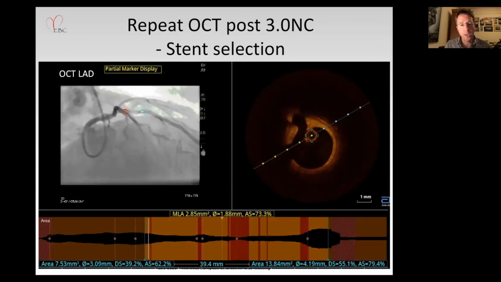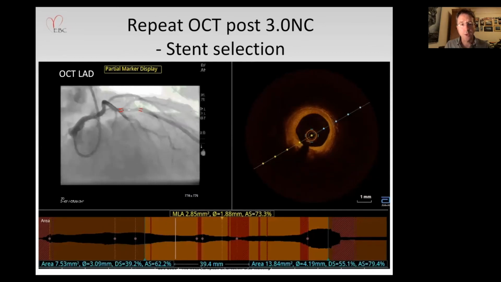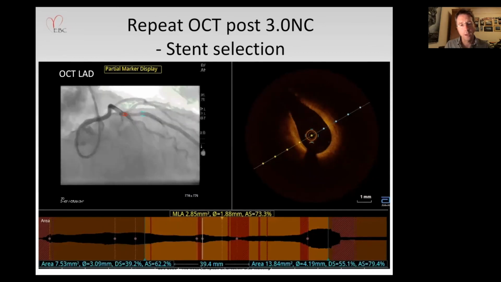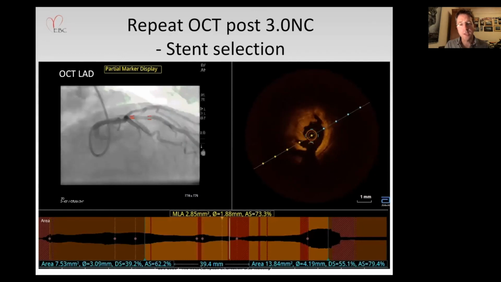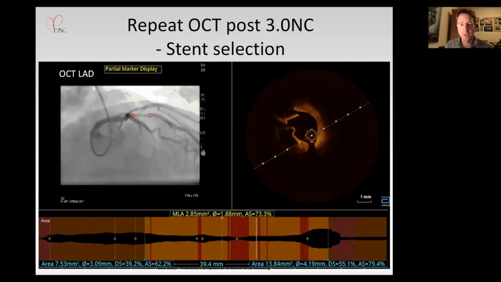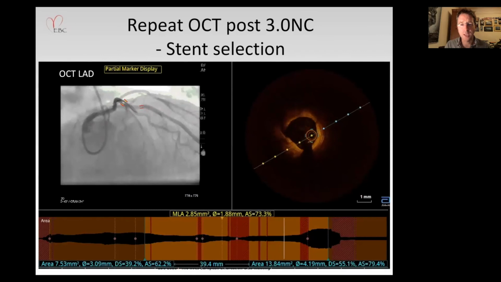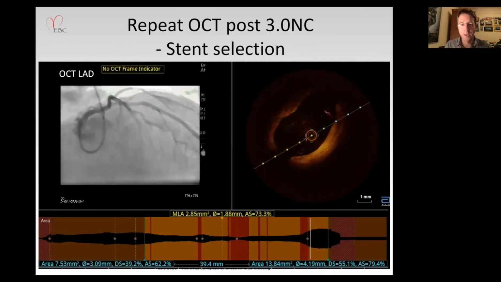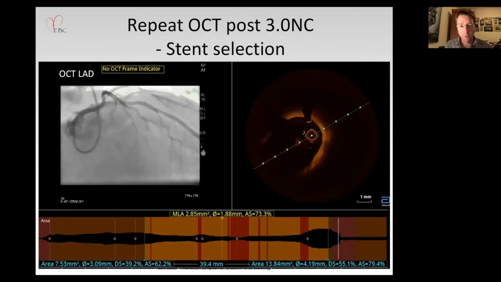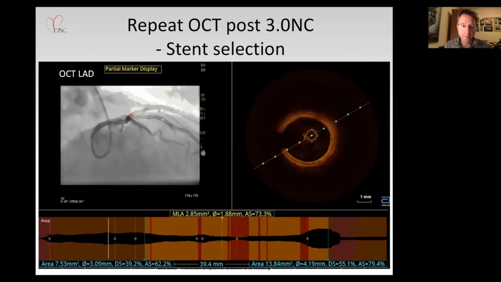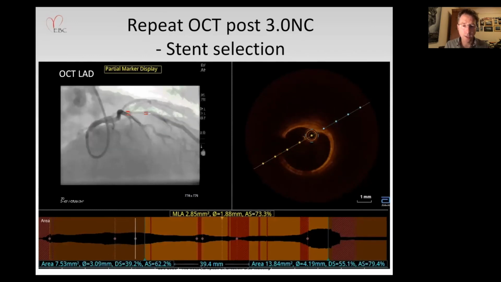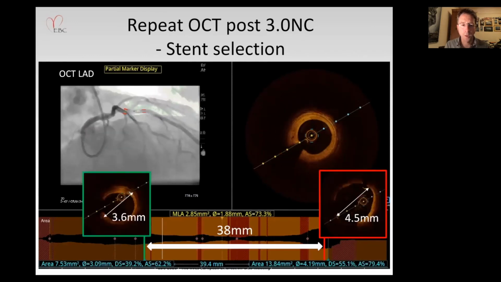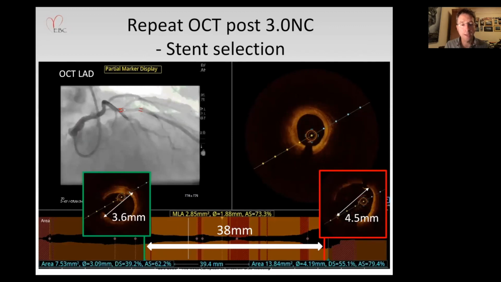So having pre-dilated now with a 3.0 NC, we get much better appreciation of the burden of disease. I've committed to the left main, so we see extensive injury. And in fact, you see now coming back into the left main that there is actually a relative absence of dissection at the moment extending into the left main stem. But select a 38 mm stent